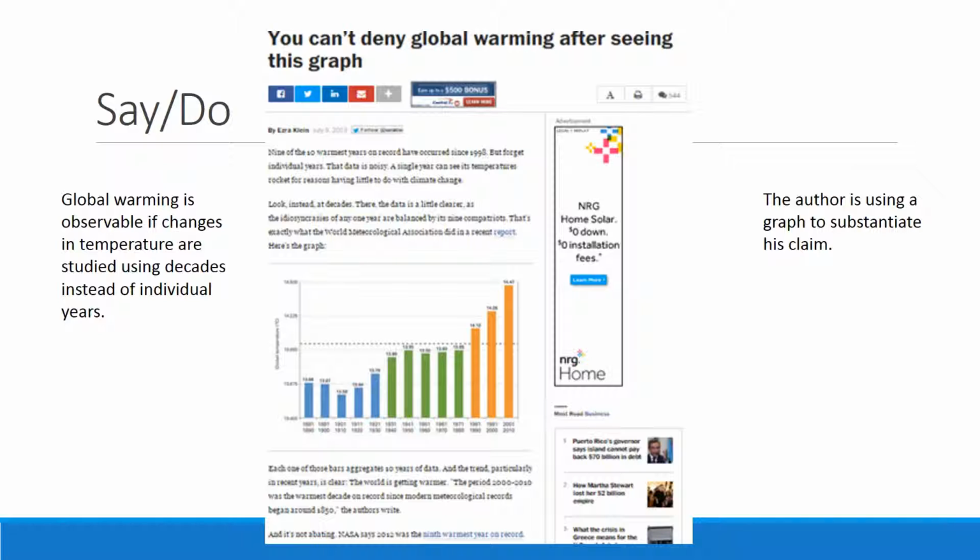And what the author is doing is using a graph to substantiate his claim. He makes a claim up here that you can see global warming if you think about decades instead of single years, and then he substantiates the claim by providing a graph that incorporates statistics. So that's an example of what a say-do might look like